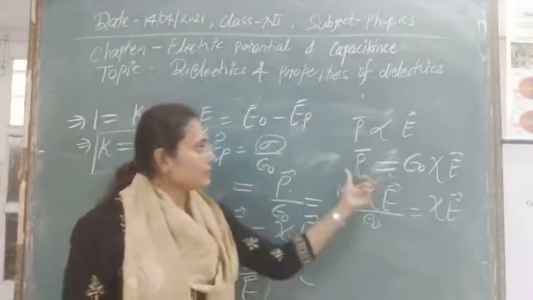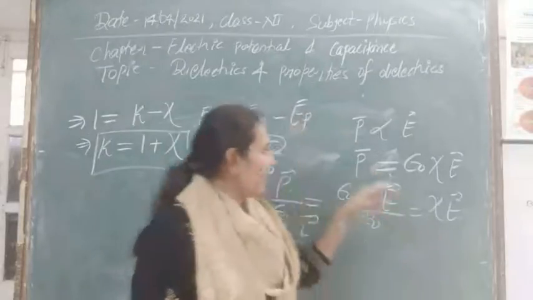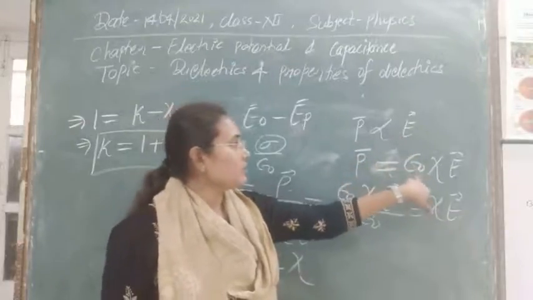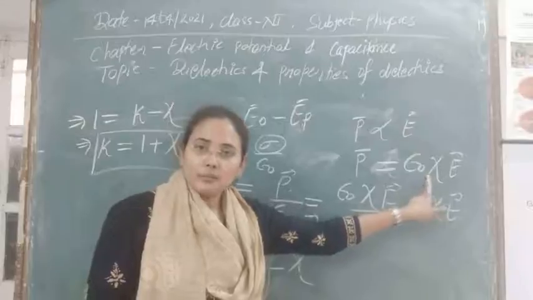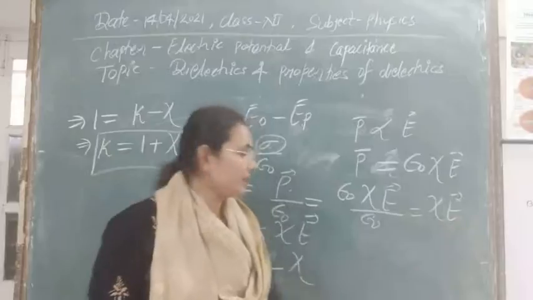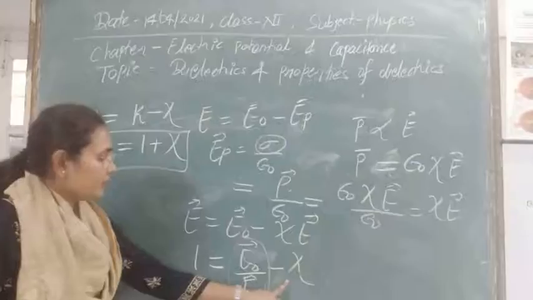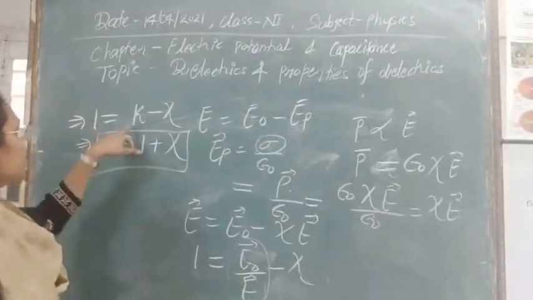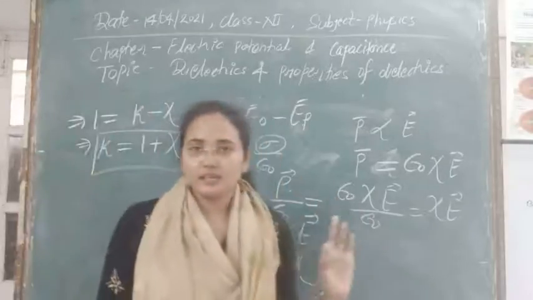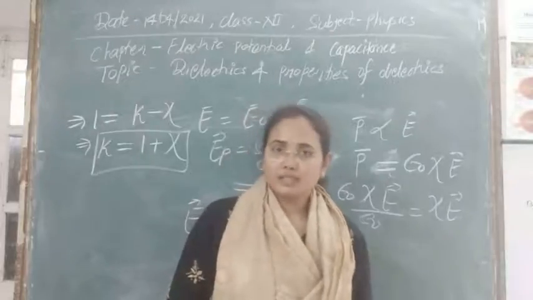And also in terms of electrical susceptibility, we have calculated what polarization is, as it is directly proportional to the electric field. If we remove the proportionality constant, then these two terms will appear here due to the properties of the medium. So we can use directly here, and this will be equal to chi into E. After putting it in and dividing by E, we can obtain this value, and this ratio is represented by the dielectric constant, and we can derive the formula here. The relation is very simple. We can derive the relationship between dielectric constant and susceptibility easily.